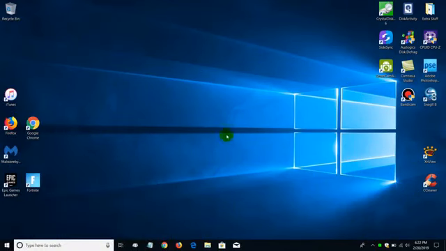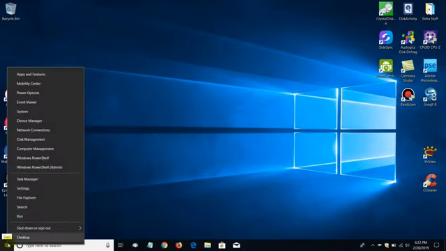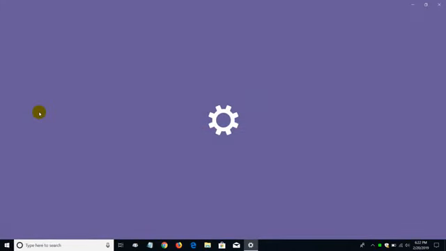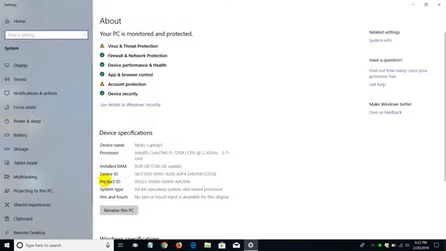Okay, let's go ahead and get started here. There's a few ways and I'll show them to you. Go down to your start menu, right click, go up and left click on System, and that'll bring up an information window where you'll be able to see information about your PC's being monitored, your virus and threat protection, firewall